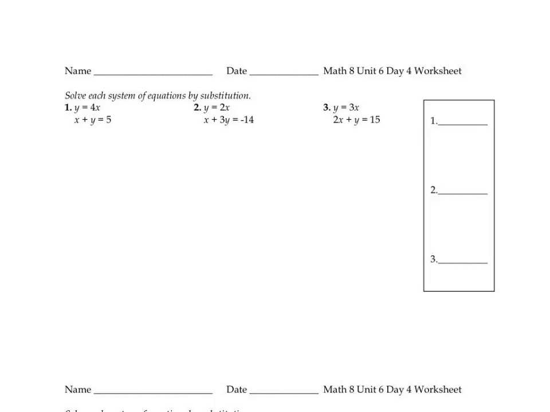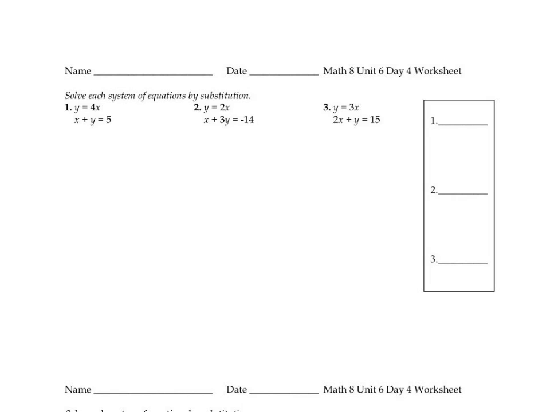We're going to start by doing number 3 on our Unit 6, Day 4 worksheet. Number 3's directions say to solve each system of equations by substitution. So we can look at the two equations that it gives us, and we see that we have y equals 3x and 2x plus y equals 15. So what we're going to want to do is substitute y equals 3x into our second equation,